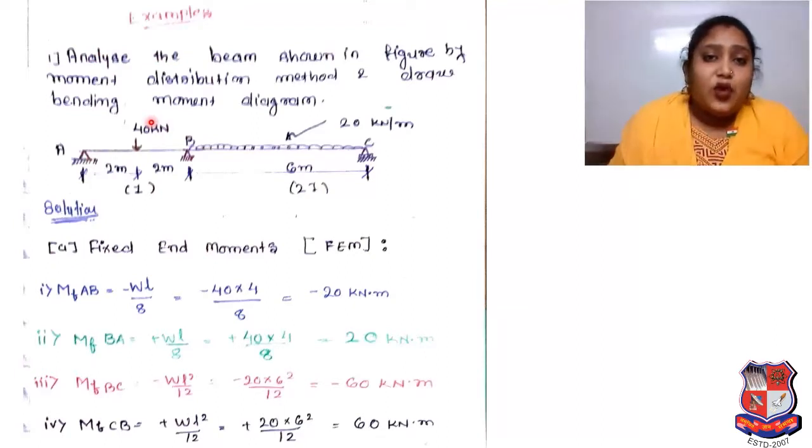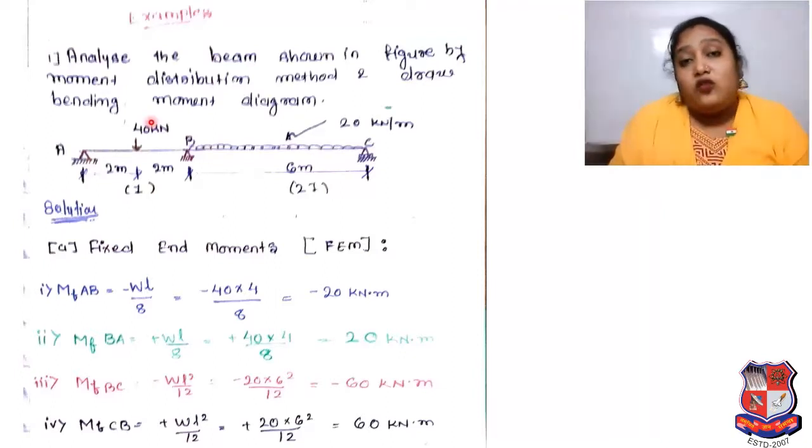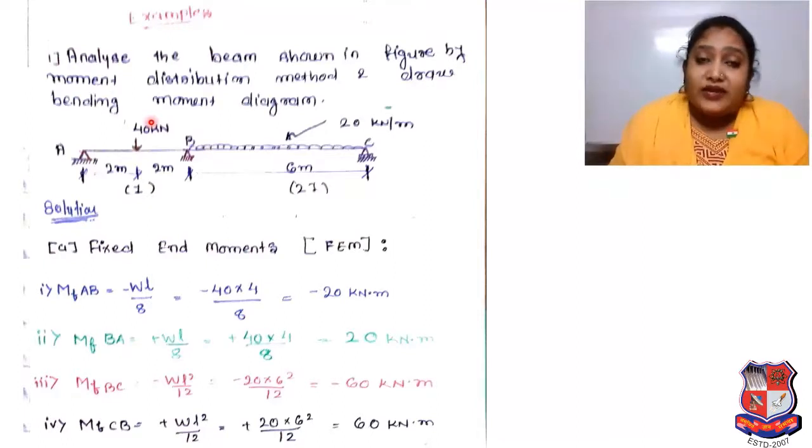So by reading the problem in an examination you can find out whether this problem from moment distribution requires us to find slope, or deflection, or moment. By reading the problem properly and analyzing it, you can understand what is given, what you have to find, and which method you have to apply to solve that problem.